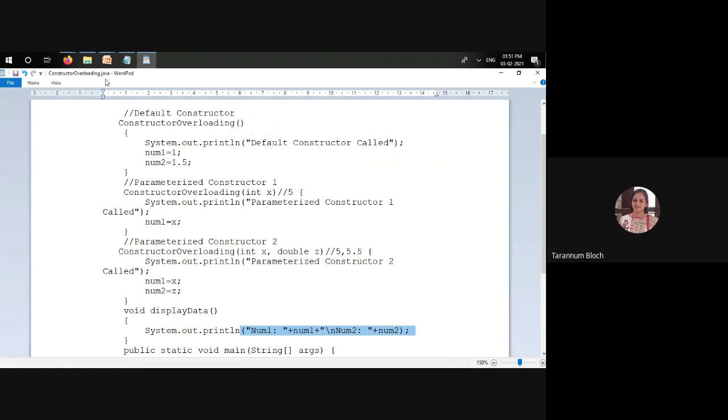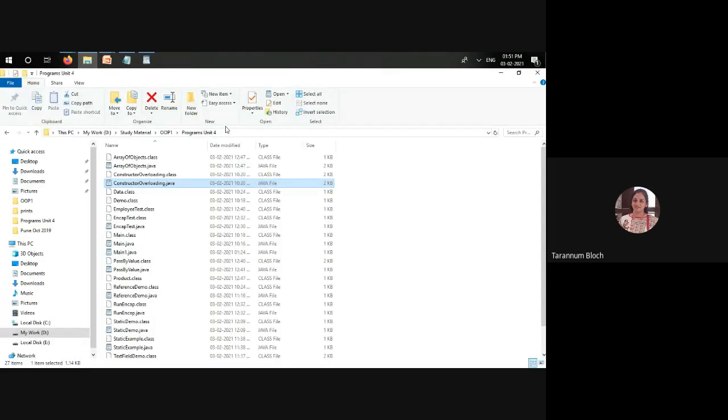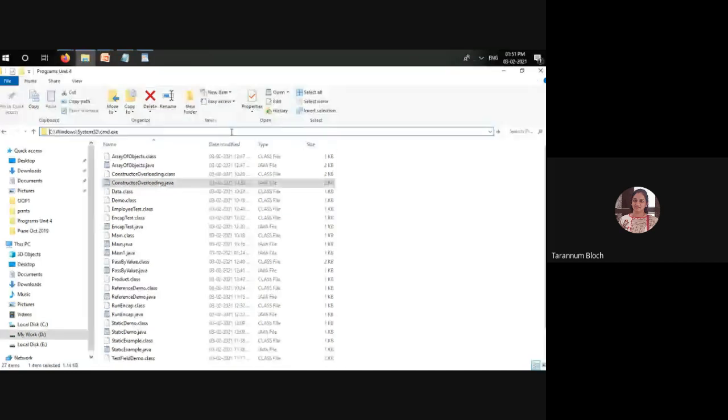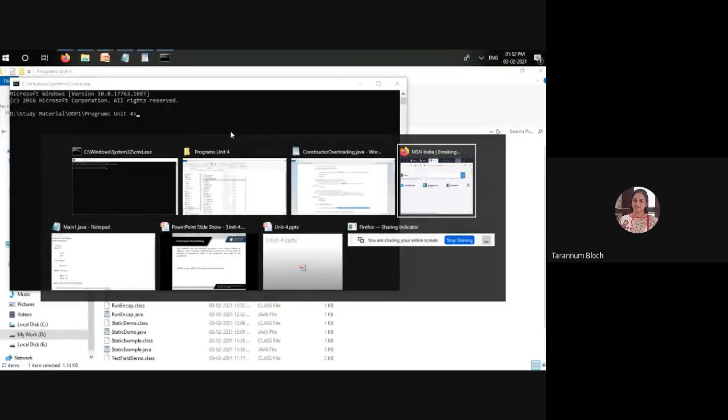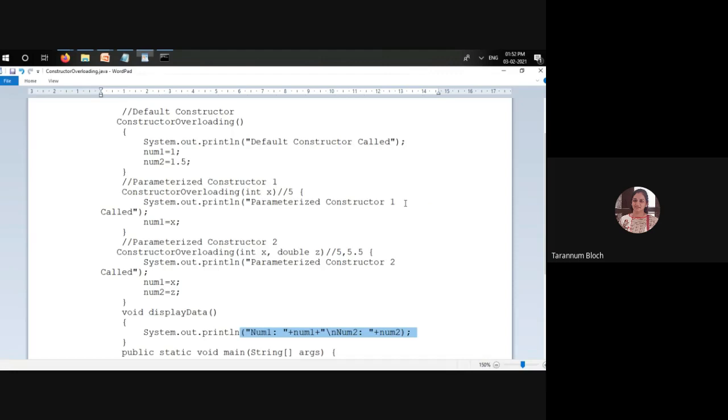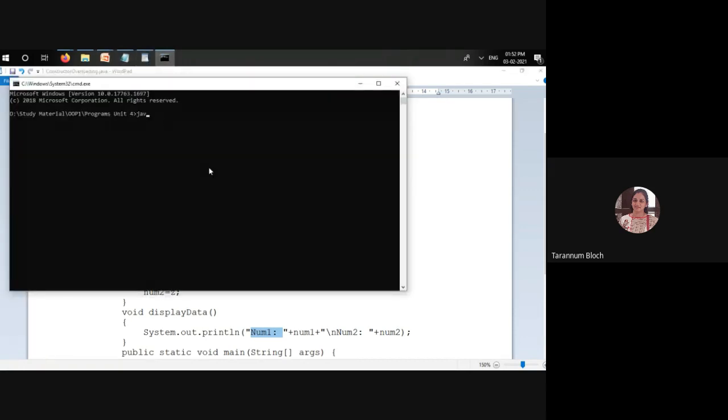Yeah, okay, so there is something like a message printing that is missing. "num1" and "num2" are string literals, which are there. Can you see this? Here, this num1 and num2. So these strings will be printed with the display function. So when I do this, I'm so sorry, I have to write ConstructorOverloading.java.